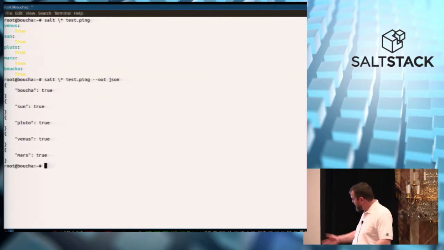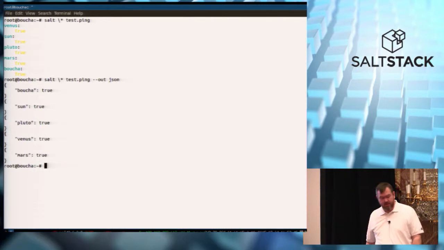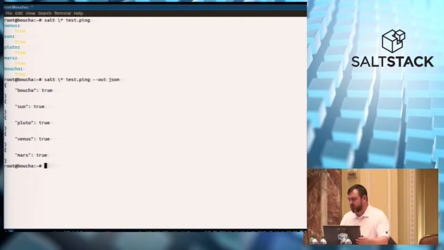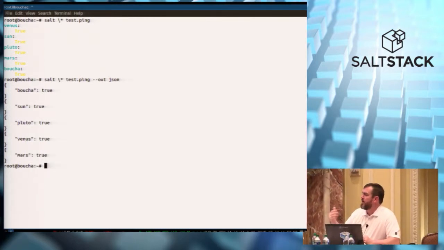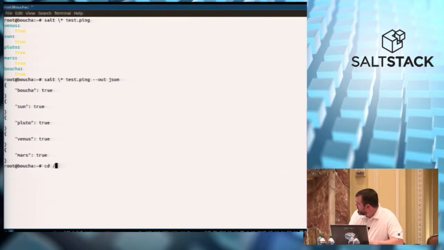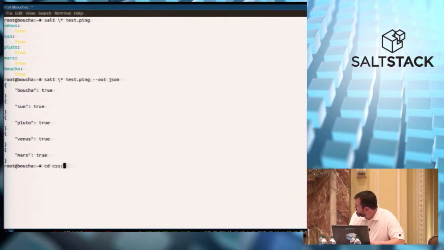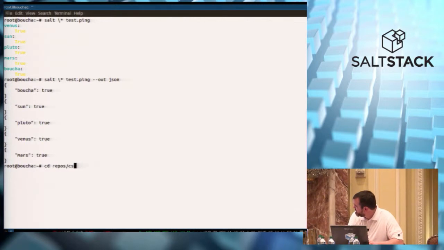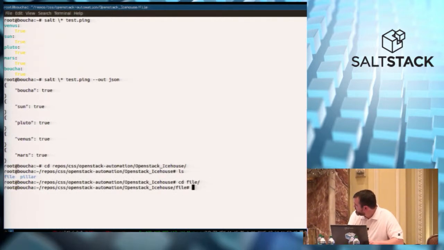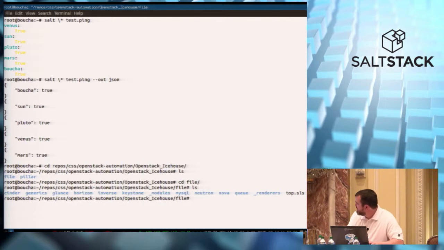So anyway, we have the Salt set up, and I'm going off of some Salt states that CSS Corp built. If you Google CSS Corp OpenStack, you'll find their repo on GitHub. And let's look at what these Salt states look like. Okay, so you can see here,